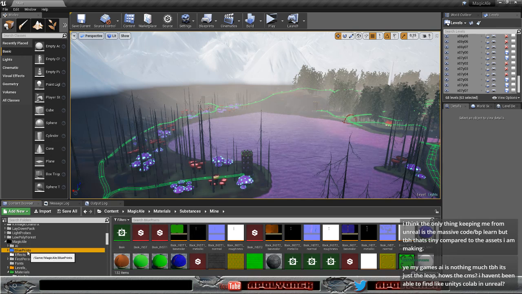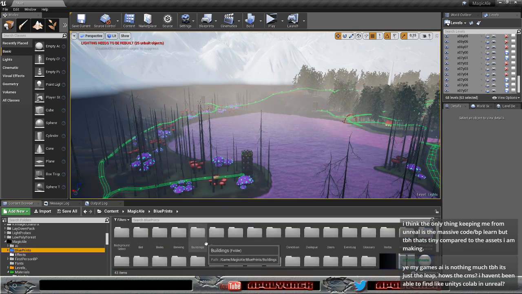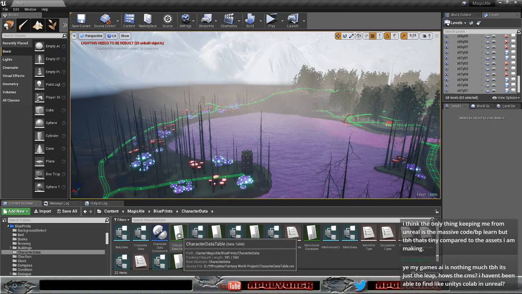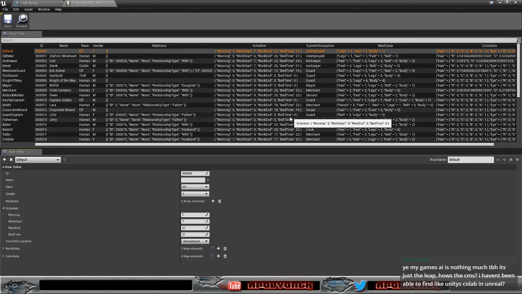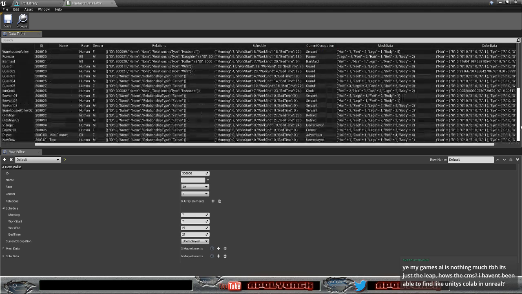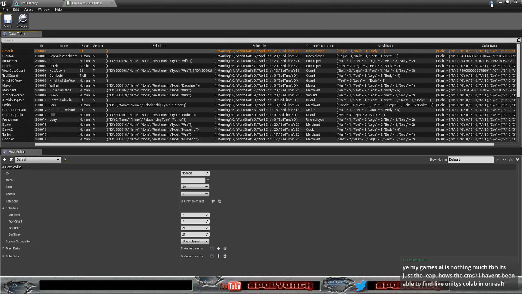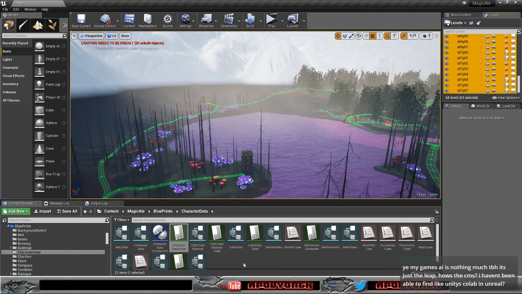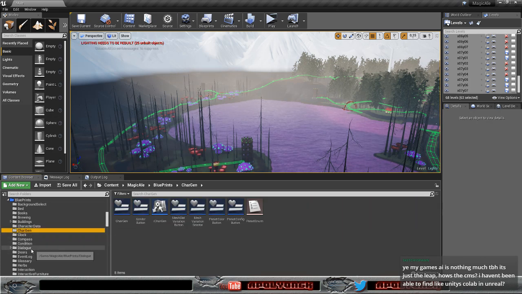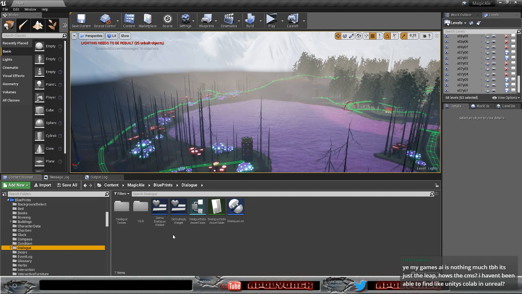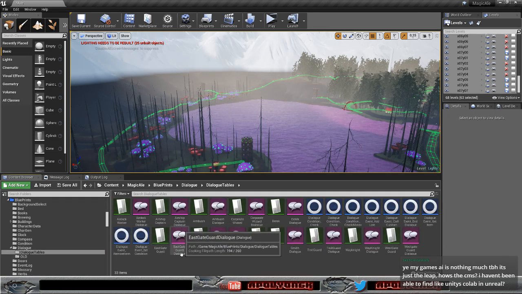So a lot of the systems in game are data table values that I just put in, and I have Excel files that basically hold all these numbers and variables here, and I have that for a lot of different systems. As you can see, there are 5 data tables here, and if I go to the dialog, I have a data table here, even though I'm using a new system now